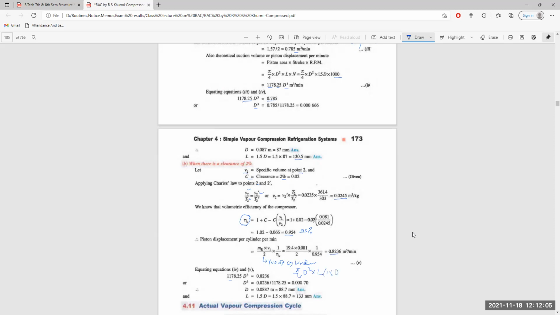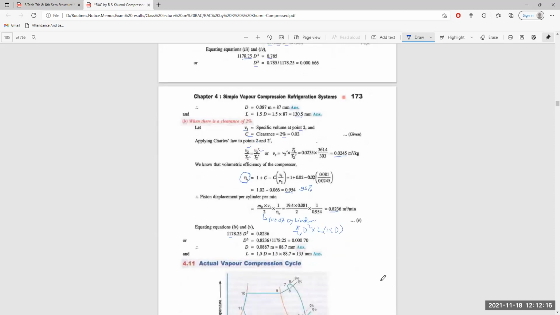1.5 d. So 1178.25 d cube is equal to 0.8236. If we make that, d cube is equal to 0.00070, and taking the cube root, d is 0.0887 meter or 88.7 millimeter, and length is 1.5 into 88.7, which is equal to